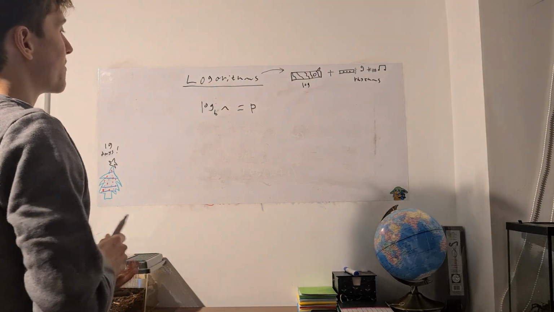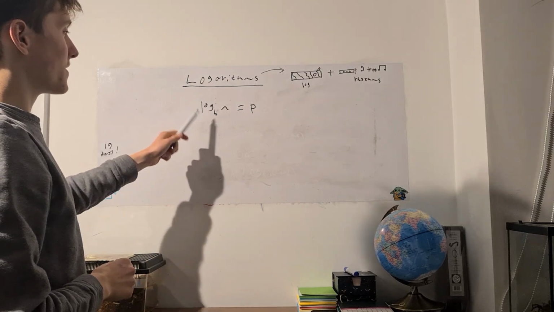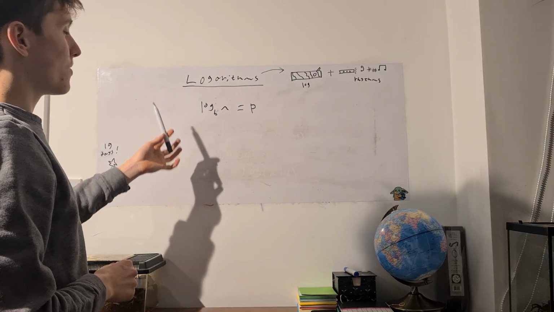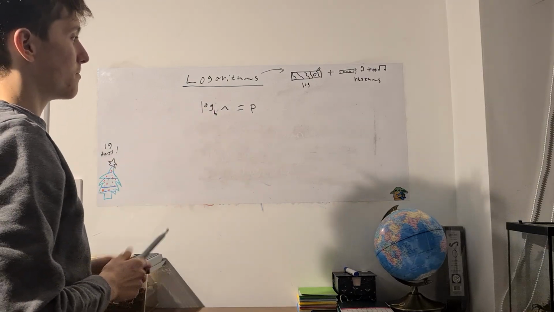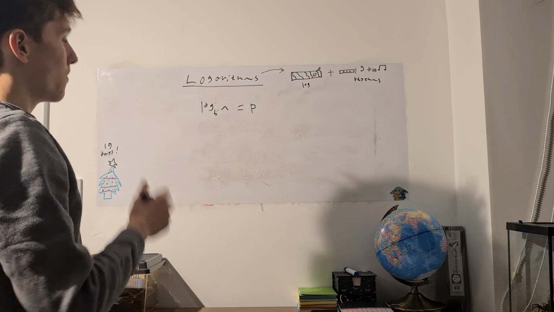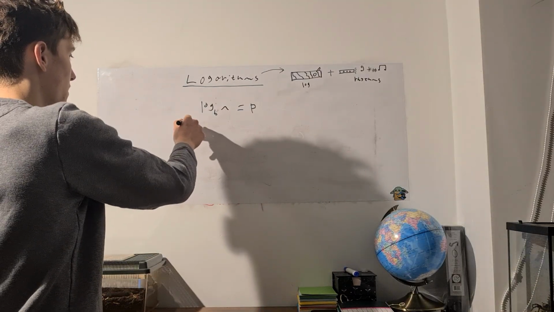But as I mentioned before, there's something called the exponential form as well, which is equal to that. And we saw that log base 2 of 4 is equal to the power 2. So how would you write that in a general form? Well, the exponential form, if I write this out,